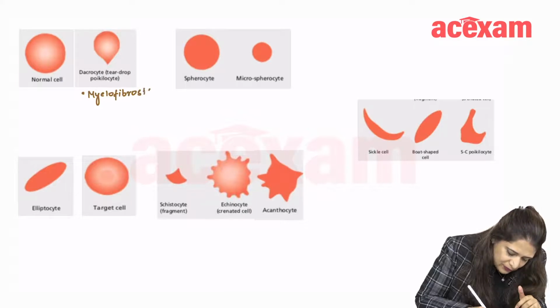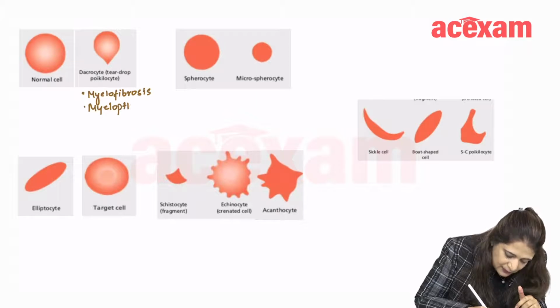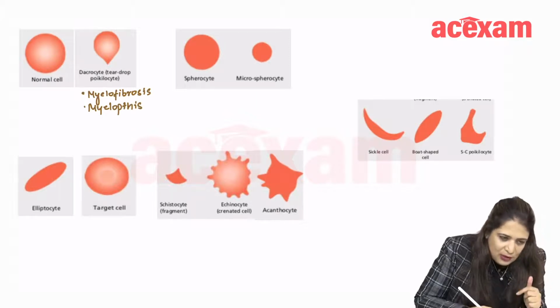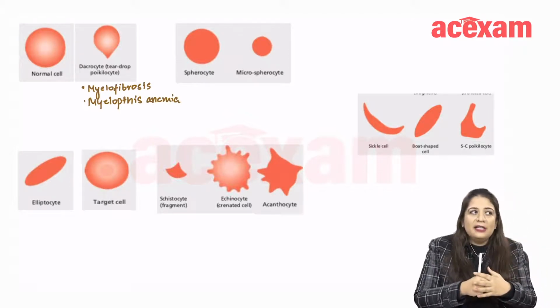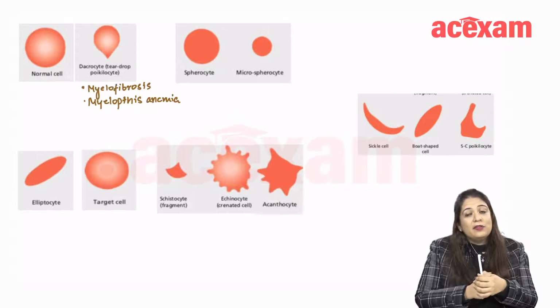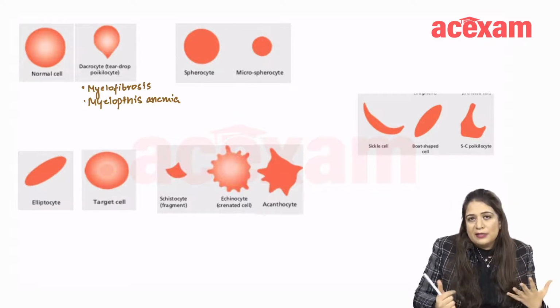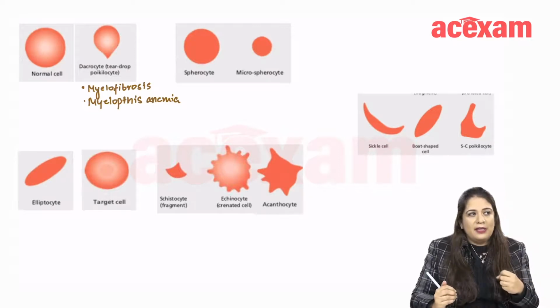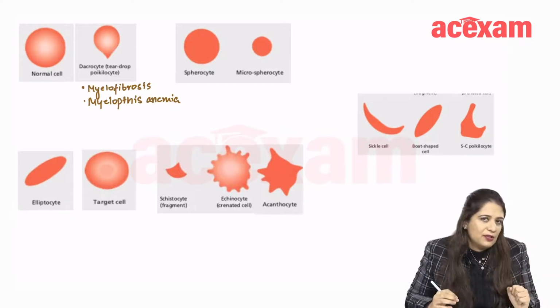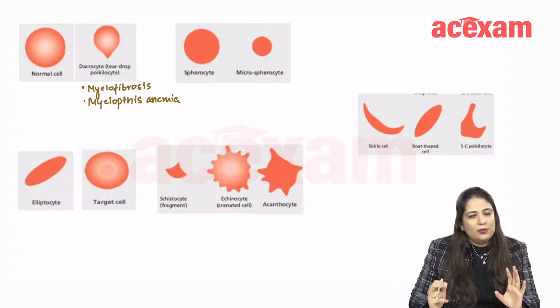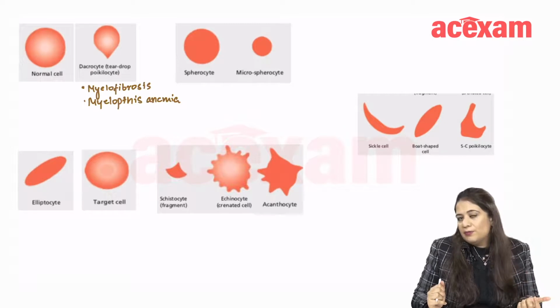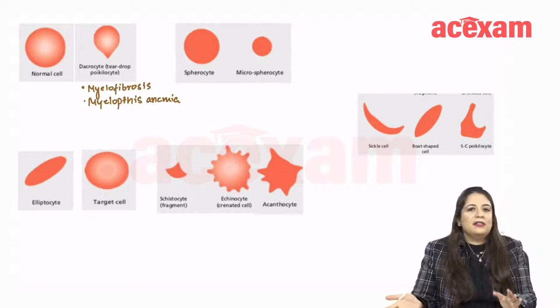There is a condition known as myelophthisis or myelophthisic anemia, which is when the bone marrow is infiltrated by, say for example, tumor cells, or the bone marrow is having some granulomatous inflammation occurring inside. So that also results in the bone marrow RBCs not being formed properly and being released as teardrop cells in